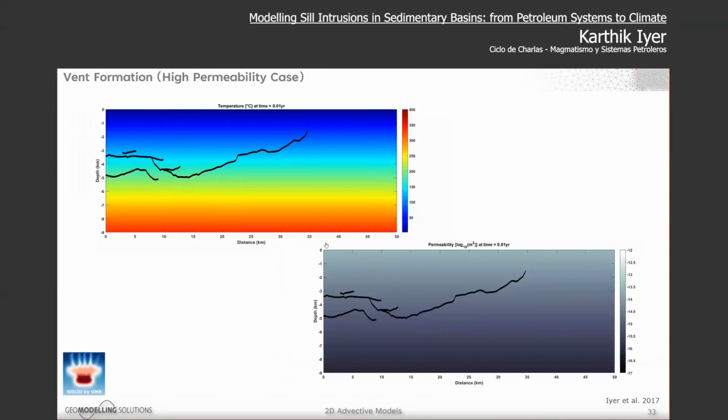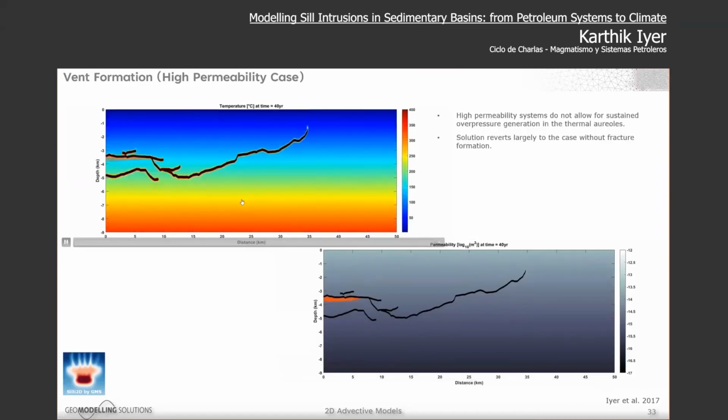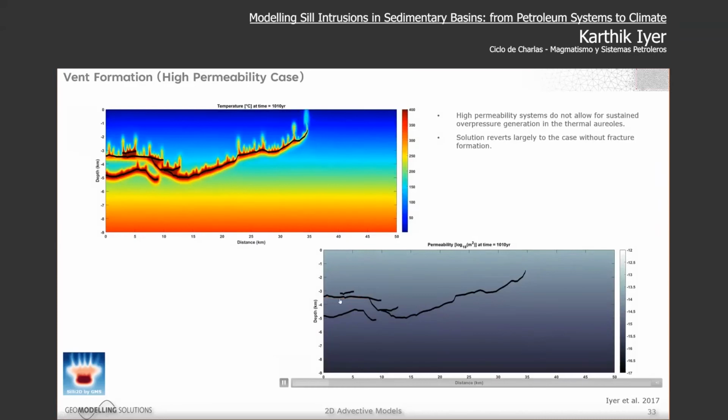So let's see what happens going back to the same high permeability case that I just showed you, where we had numerous hydrothermal plumes. Now I'm showing you temperature here, and the permeability structure here goes in its log. So it goes from 10 to the minus 12 to 10 to the minus 17 on the bar here. And if you can spot it, you will also see a red overlay on it. And that red overlay shows you where fracturing has occurred. Just quickly run through it. If you were quick enough, you would see a red overlay here, which quickly disappeared, but now nothing.